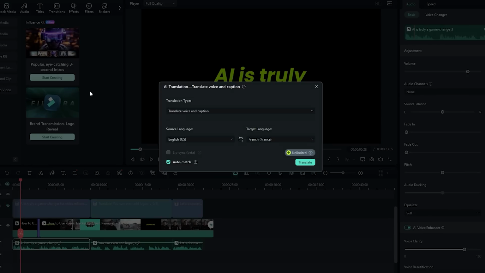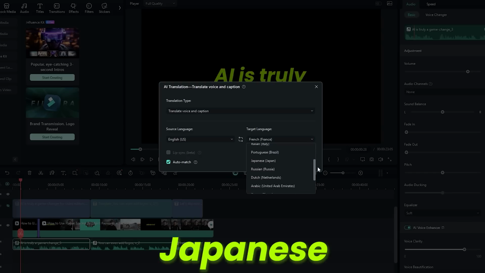A dialog box will instantly appear with options to translate both voice and captions. Select the source language. For this video, I'll choose English. If your source language is different, select it from the drop-down menu. Choose the target language. Pick the language you wanna translate from the available options such as German, Italian, Japanese, Russian